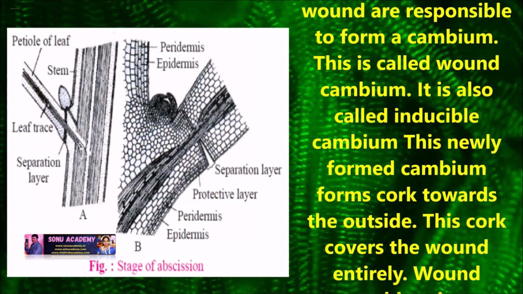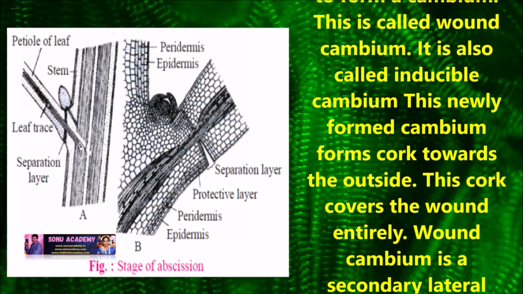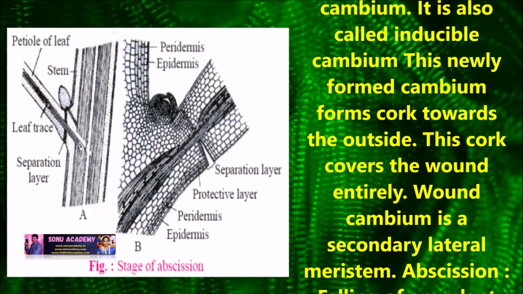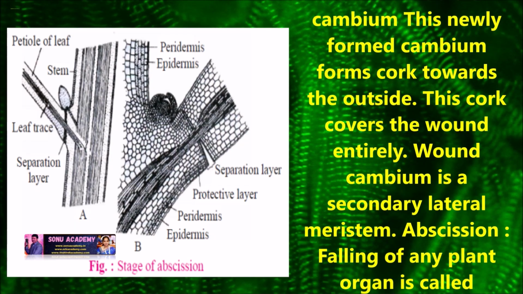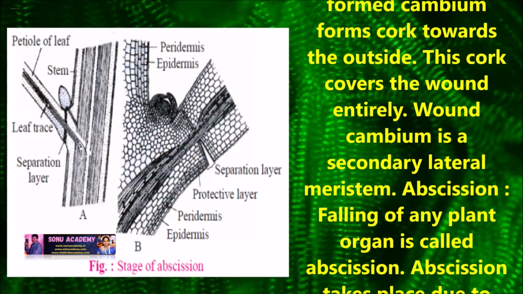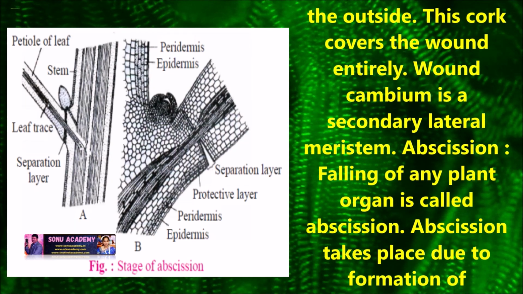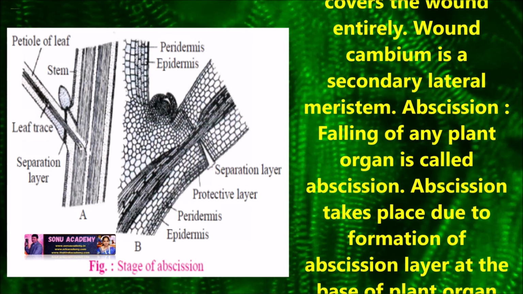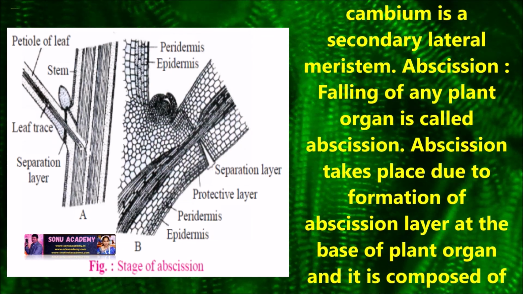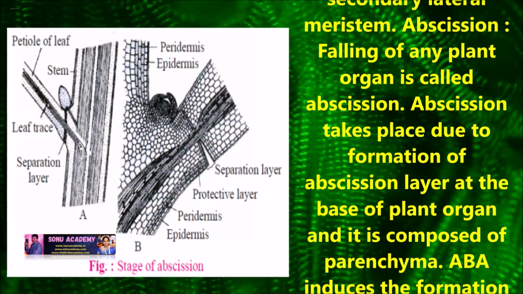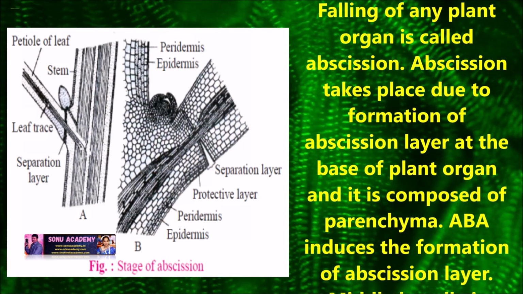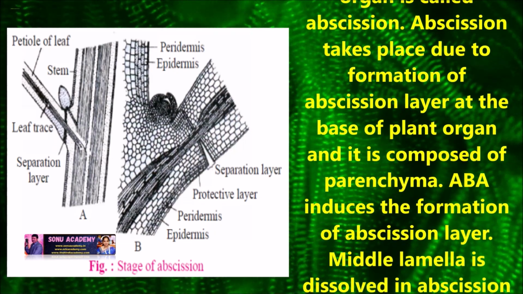This newly formed cambium forms cork towards the outside. This cork covers the wound entirely. Wound cambium is secondary, lateral meristem. Falling of a plant organ is called abscission. The abscission takes place due to the formation of abscission layer at the base of the plant organ and it